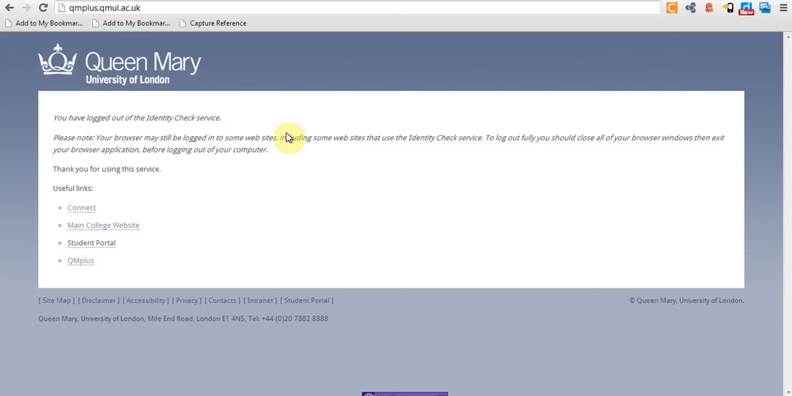QMPlus, the Queen Mary virtual learning environment. I wanted to introduce you to how to get into it and how to get to the evidence-based dentistry site, the Global Epidemiology and Evidence-Based Dentistry site that I've set up within QMPlus for staff to help facilitate the use of more evidence, particularly in clinical decision making. This is not going to go into any detail on that, but just show you how to